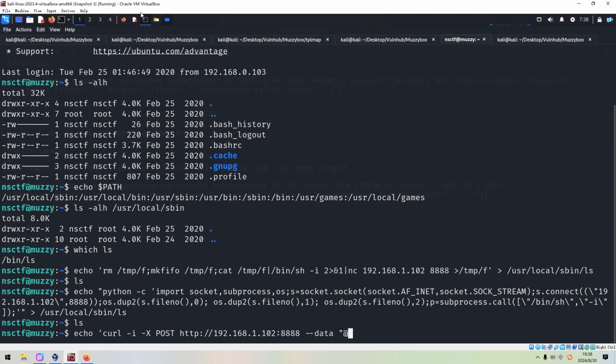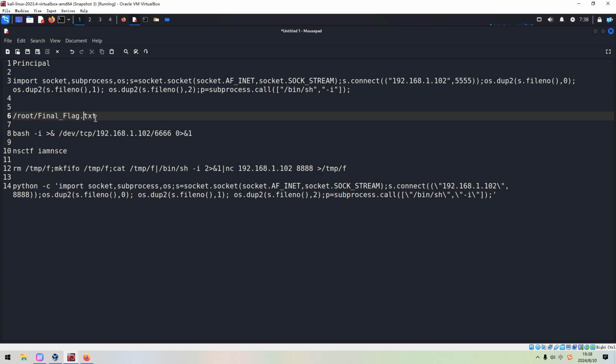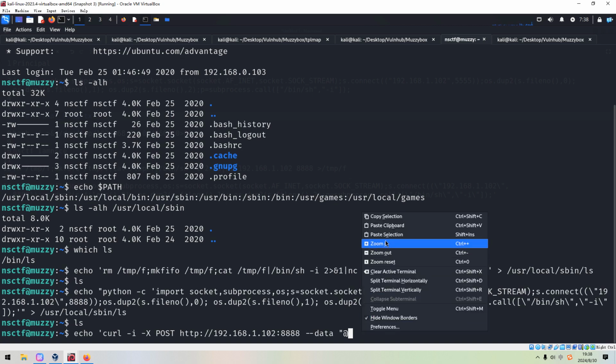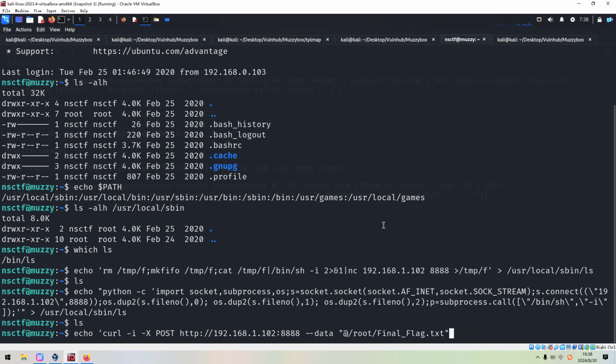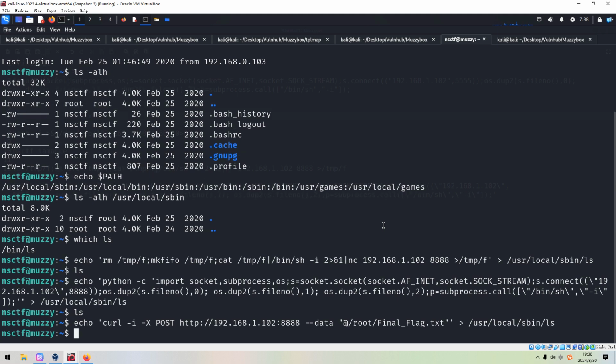And we can copy this absolute path. And then we can create a new ls command in the sbin directory. And now we can run it again.